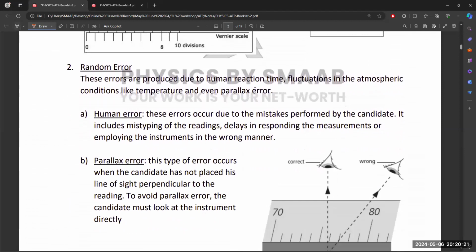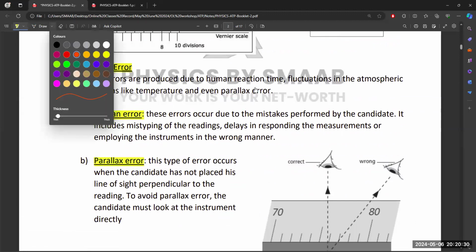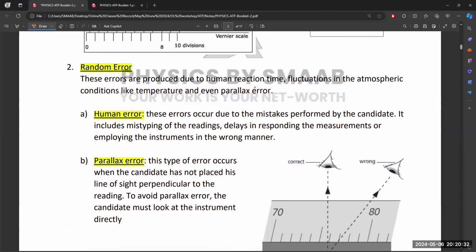Okay. Next important thing is random error. In random error, we have a human error and parallax error. Human error we already discussed. If you place an object at a wrong position and then you start measuring the length, so definitely you will get wrong length of it, right? But if we talk about